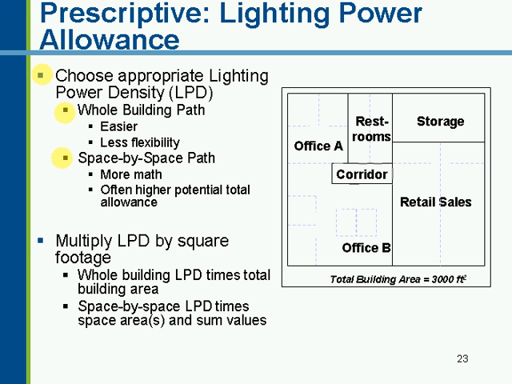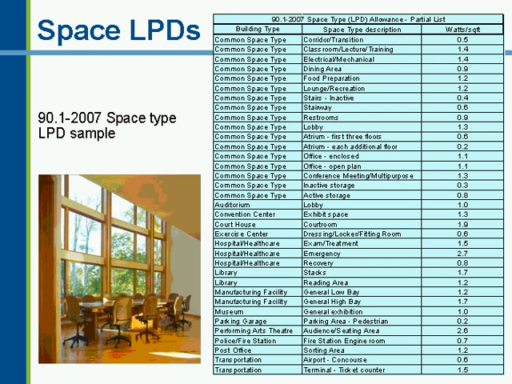In this case, you look at each individual space, calculate the square footage for that, and apply an individual LPD. Can provide more wattage that way. Again, the last part of that is you multiply the lighting power density by the square footage, either whole building or space by space, and the total of that provides your allowance. So let's look briefly at these lighting power densities, give you an idea what they look like. The first is a list of space by space LPDs, and what you're seeing here is just a small sample of the actual requirements in the standard.